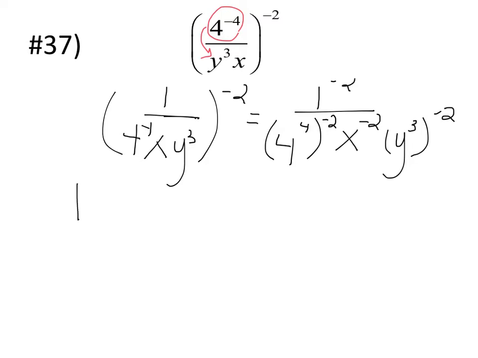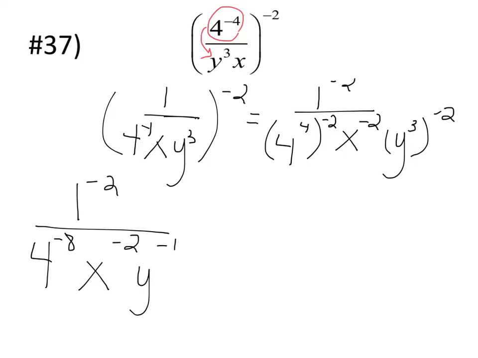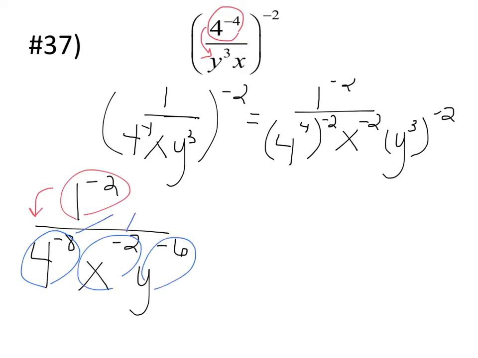So then we have 1 to the negative 2 power over, if you take a power to a power, it becomes 4 to the negative 8 power, x to the negative 2 power, y to the negative 6 power. Okay? So this gets dropped like it's hot, and then this, and this are all going to get raised to the top. So then we end up with 4 to the 8th power, x squared, y to the 6th,